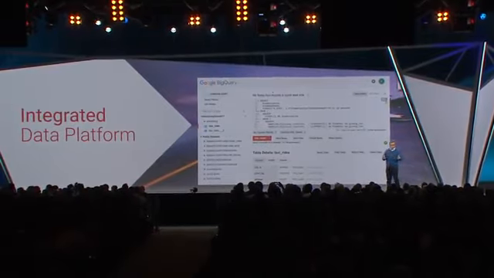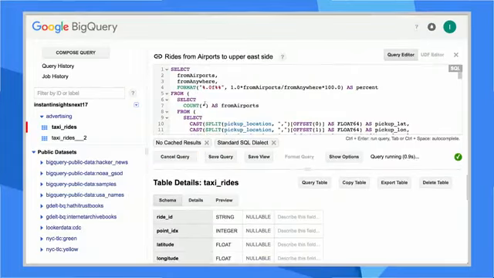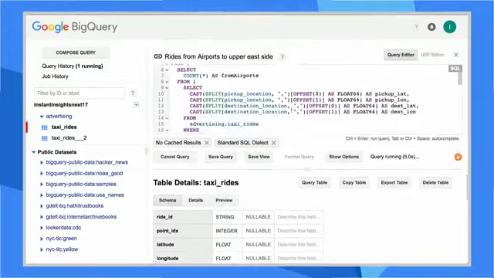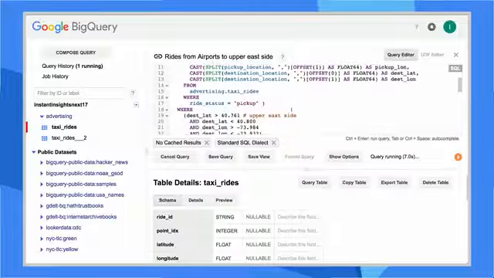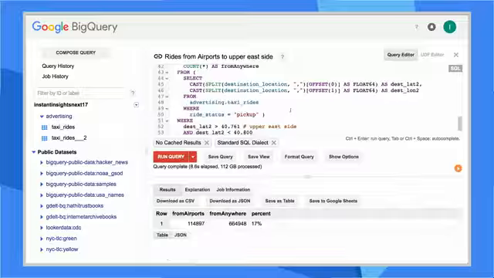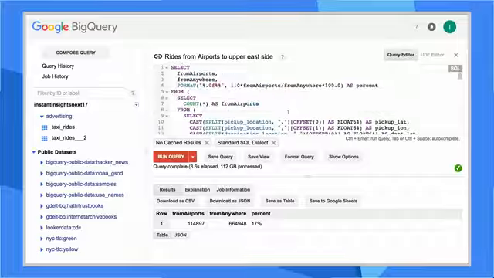Well, let's start by using BigQuery to explore this data set. The query Robert has here looks at all of the taxis coming from the airports and tries to see how many of them are traveling near restaurants. Note here, he's querying this historical data even as we're ingesting new data at 15,000 events per second. So BigQuery gives him the ability to have an always up-to-date, real-time view into his data.